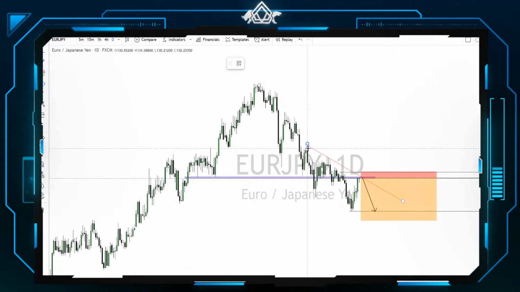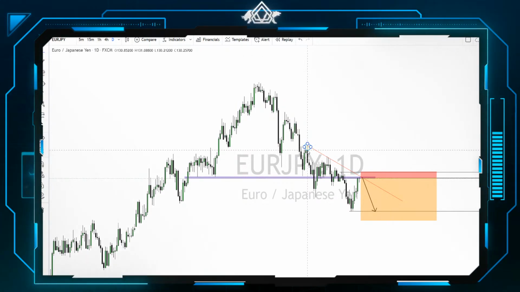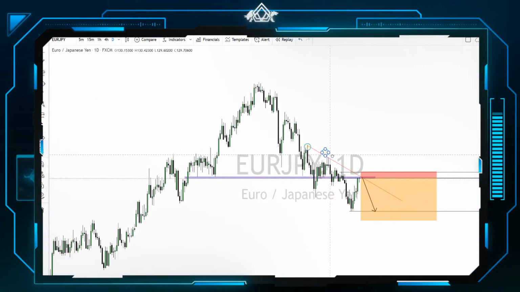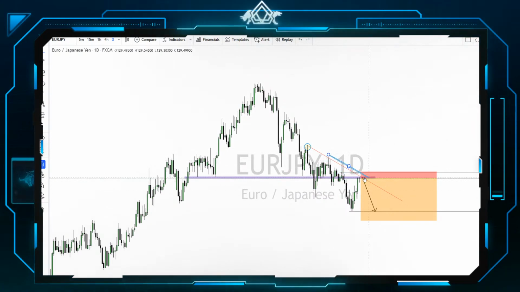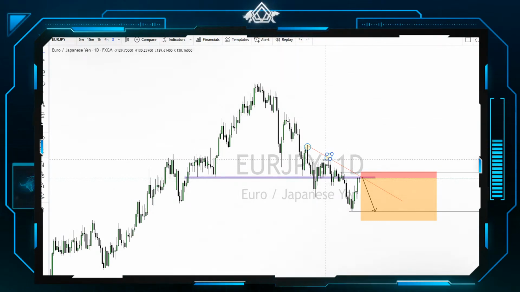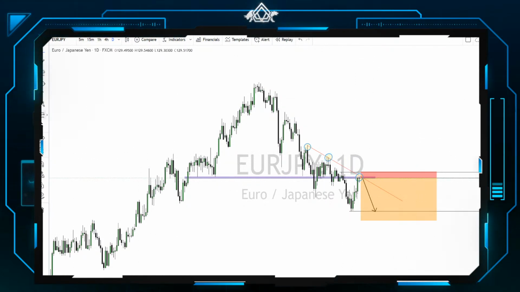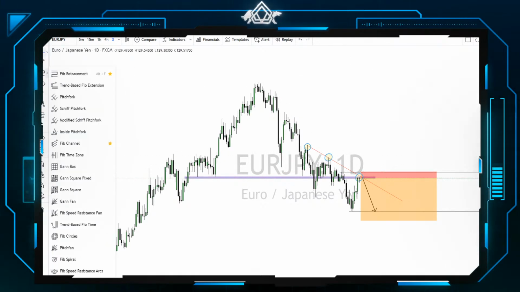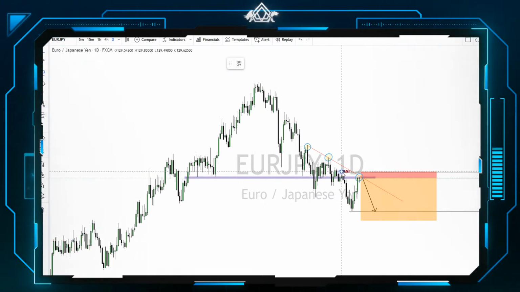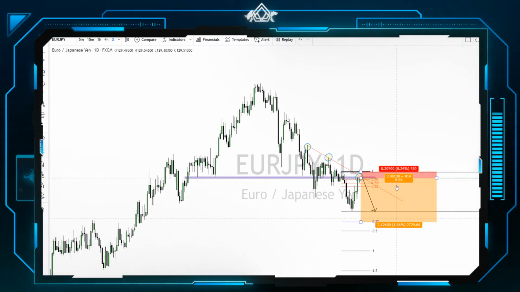With the euro still fundamentally being bearish, I'm going to make this a little bit bigger. So with the euro still being fundamentally bearish, I would choose the euro over the pound. Okay, but in this particular case with euro and pound, this is what I would aim for, by the way. I'm just going to place a fib on that, and then you can take it to the minus 0.27, which would account for a 1 to 6.9